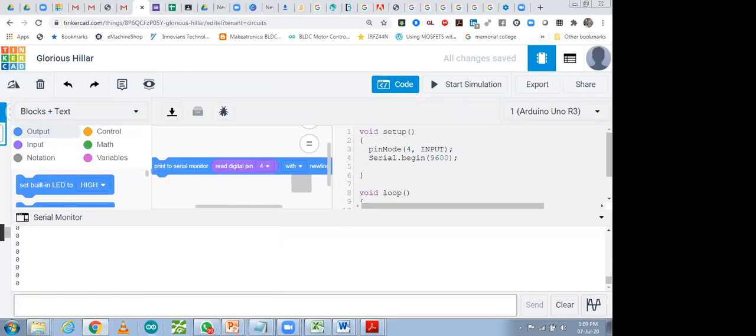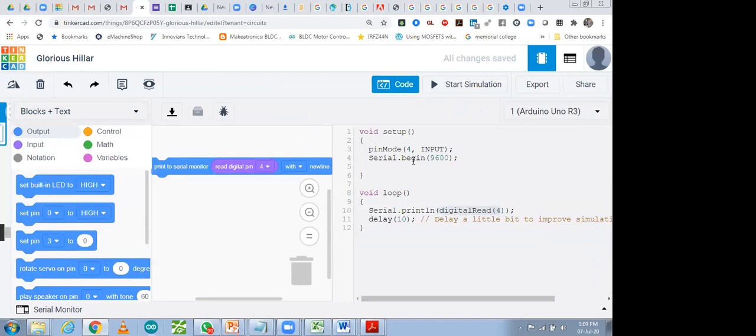In this program you can see pin number 4 is input, Serial.begin is 9600. So why do we write Serial.begin? When we are going to do any kind of serial printing, we have to initialize a library for doing serial print. Which library do we have to install? We have to use the Serial.begin library. That is inbuilt in the Arduino, so no need to install it separately.